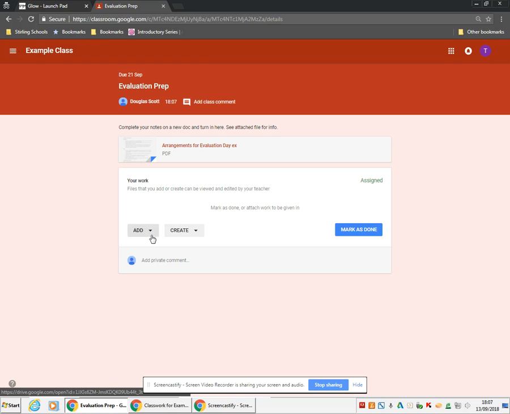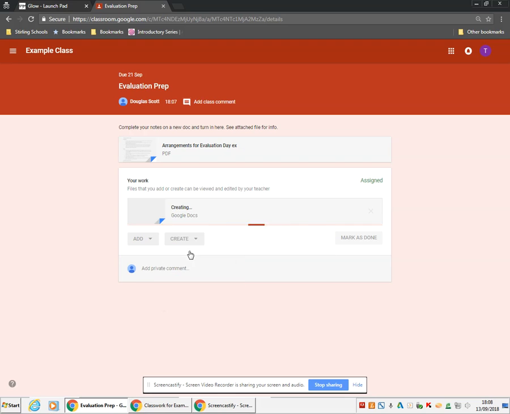And when they're ready to turn in their work, if they've already typed it up somewhere else, they can go in here and add it by just attaching it as a file or whatever. Or if they want to be sensible and make life easy, they can create the new file from within the assignment, and it saves moving stuff about. So I'm just going to create a new doc here, and that now makes a new doc for this assignment